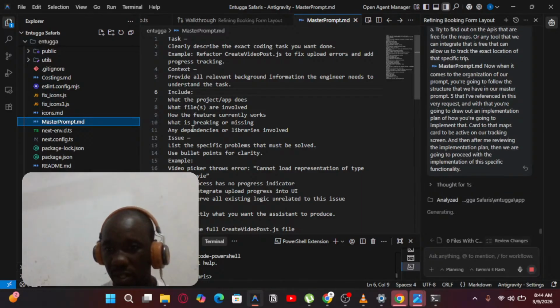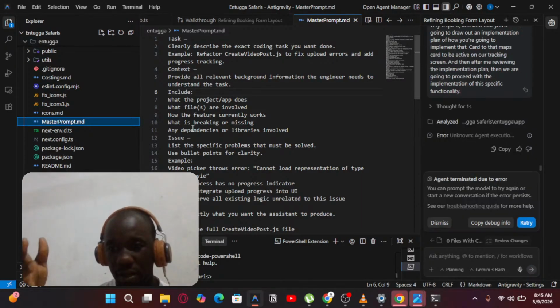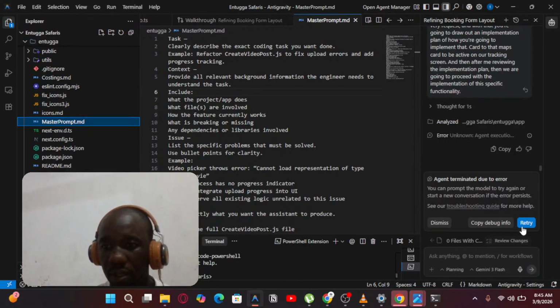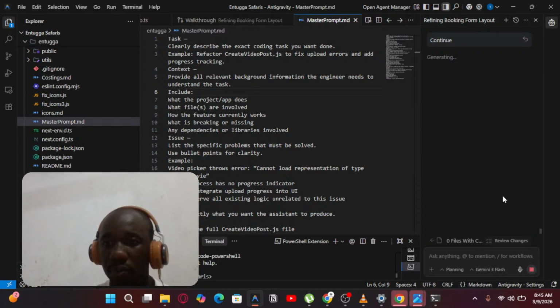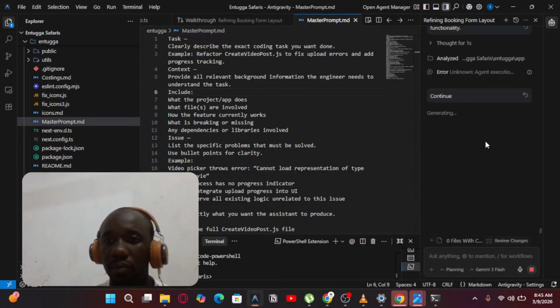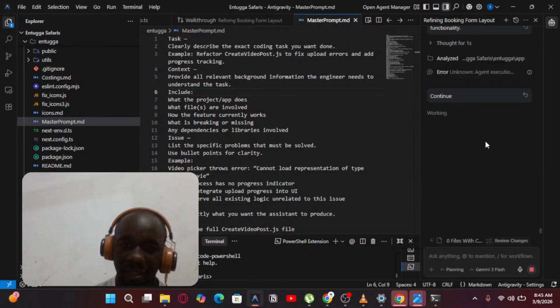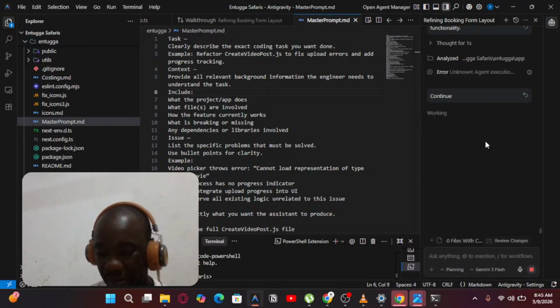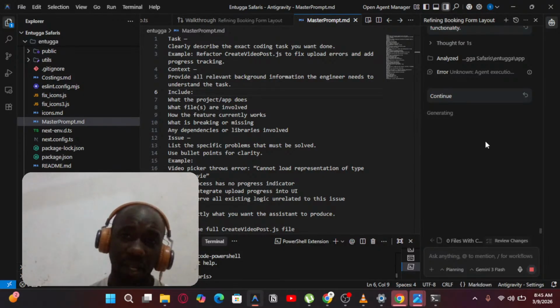I give the instructions, and then after that I layer it into a plan that follows the structure of this master prompt, and that makes the work much more structured, and this saves me much on spending unnecessary tokens on